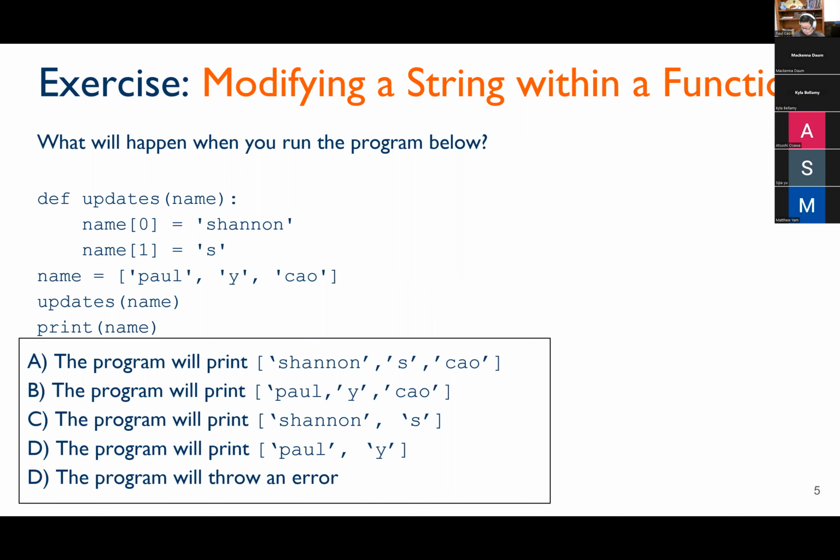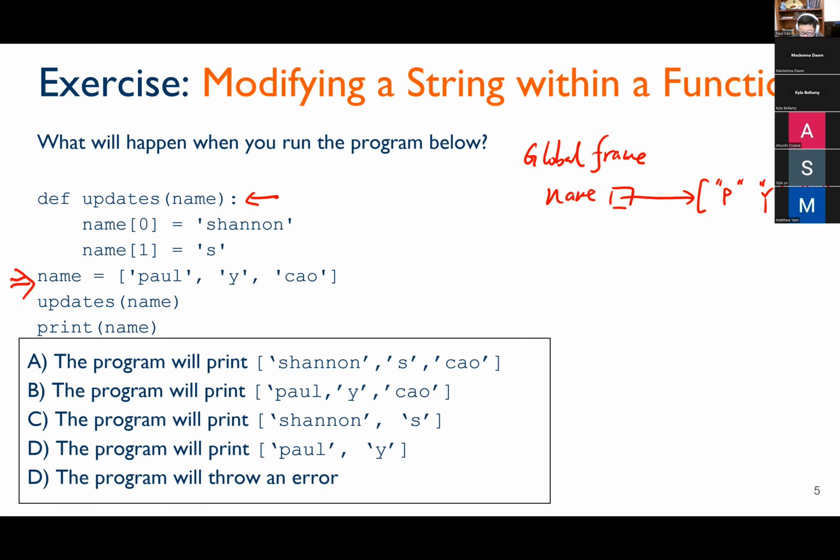So you have this function, right? The first thing Python does is look at this function and say, okay, there's a function called updates that takes something. That's it. The first real line that it will run is this part. This part is not part of the function. So everything in here belongs to this global frame. So name is a reference. It is pointing to this list of Paul, Y, Chao,